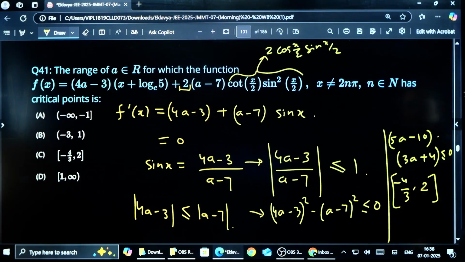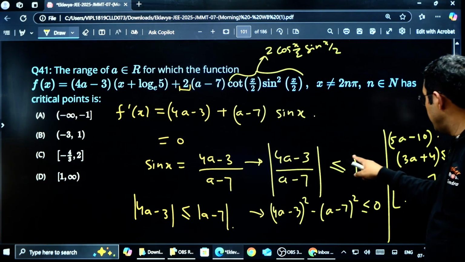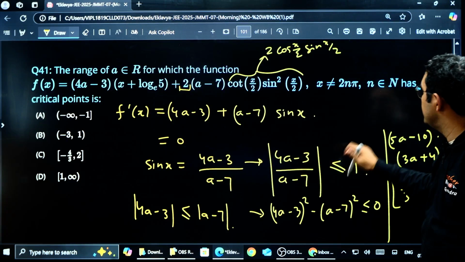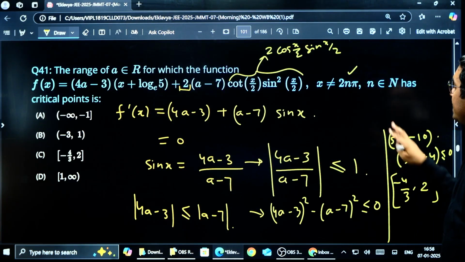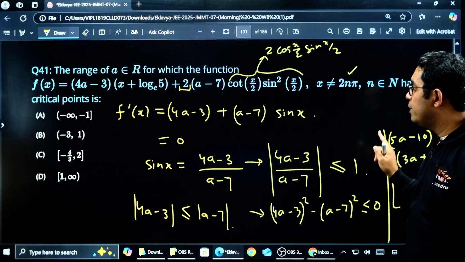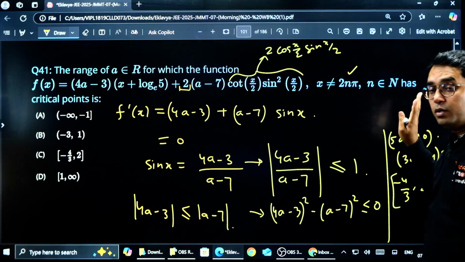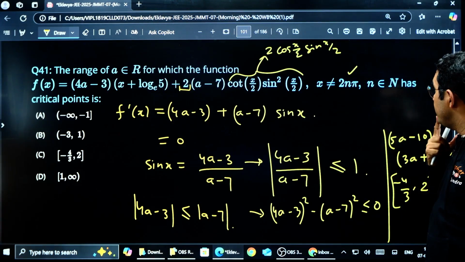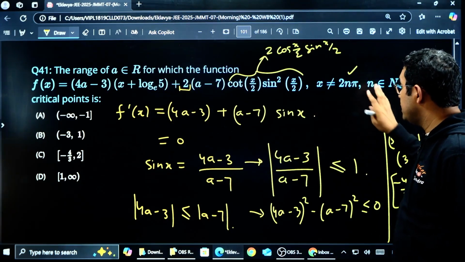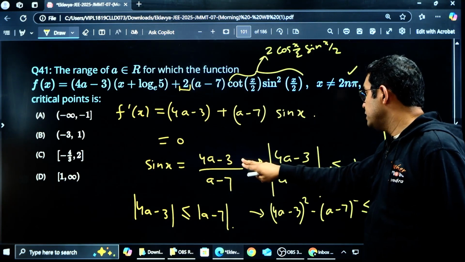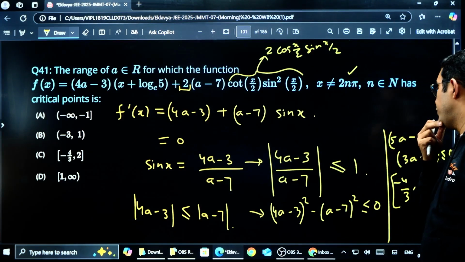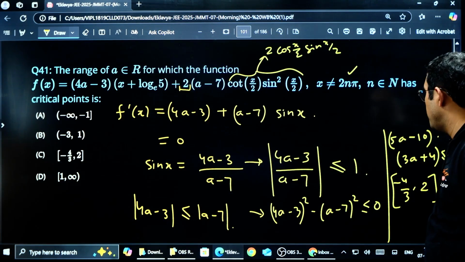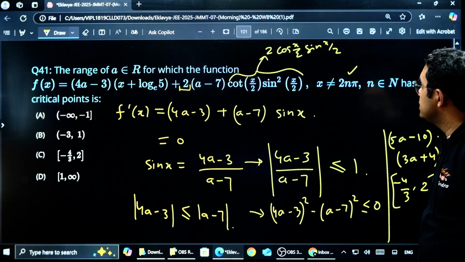Now you can see if it is a closed bracket, in that case this will become equal to 1, and sin x equal to 1 is possible. My problematic thing was that x should not be equal to 2n pi. So sin x will be 0 there if this becomes like that. In fact, if you consider sin x equal to 0, a will be equal to 3 by 4. I think a should not be equal to 3 by 4 here, because if a is 3 by 4, sin x will be